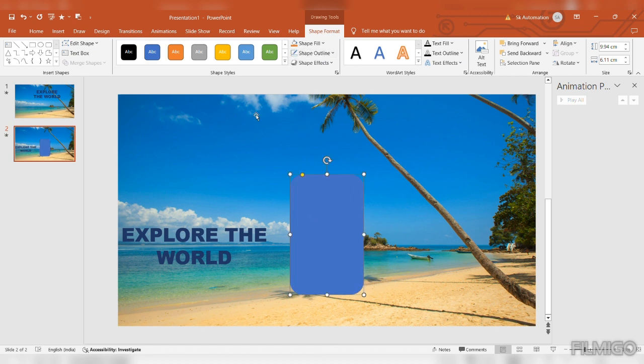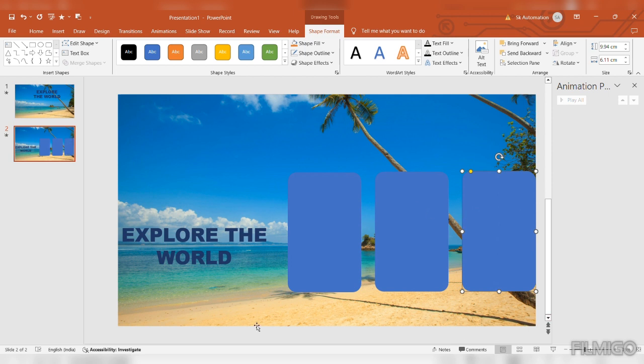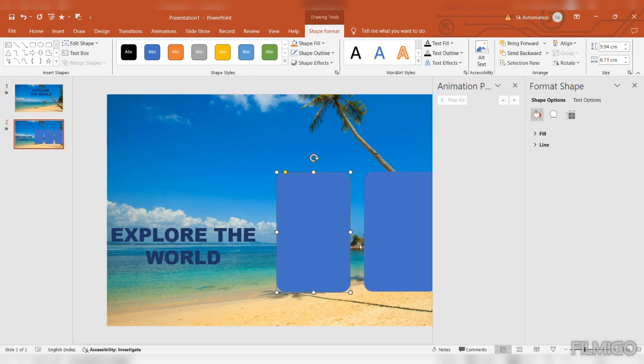You can make it 1, 2 or 3. Here I'm going to make them 3, and you can also reduce the corners of the rounded rectangle. Then just copy it and bring one more here, and one more time just copy it and bring one here. Now what you have to do is just right click and click on Format Shape, so the Format Shape box